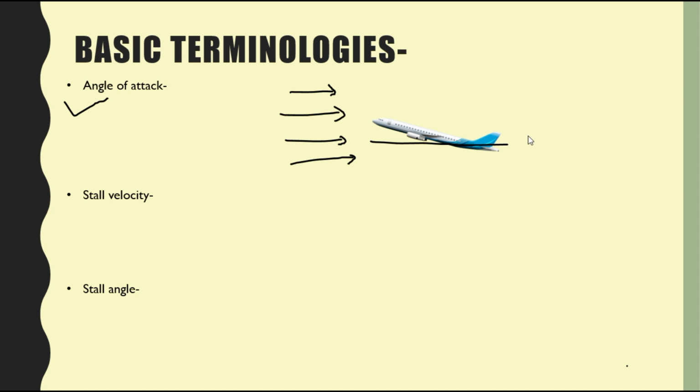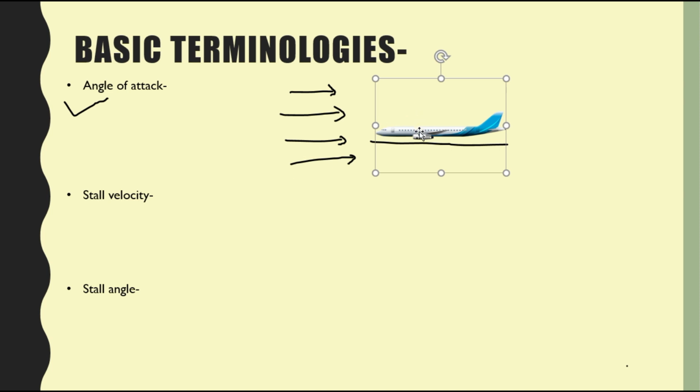So the angle of attack range that I'm talking about, in actual flight it's not more than 6 to 7 degrees, but for the range we talk about 12 degrees maximum. After that we do not consider it as angle of attack. Why? We will surely look at it later. Now this is known as the angle of attack, but this is a very preliminary definition of angle of attack. But I hope you understand what I'm trying to say. So when we talk about the aerofoils, we'll see the actual particular definition of angle of attack. But for the sake of simplicity, right now I am explaining this much only.